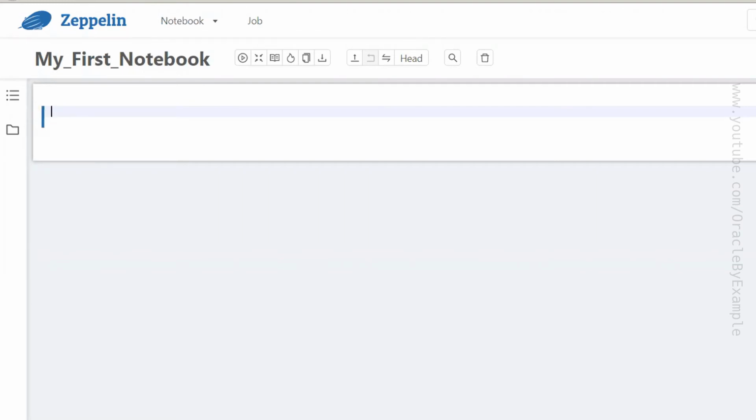On my Zeppelin notebook, if I want to run a Cassandra command, I need to type %cassandra.